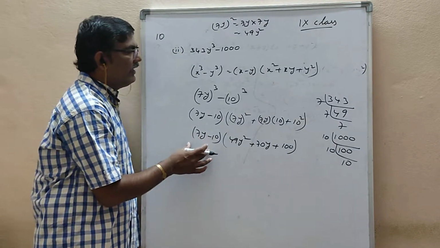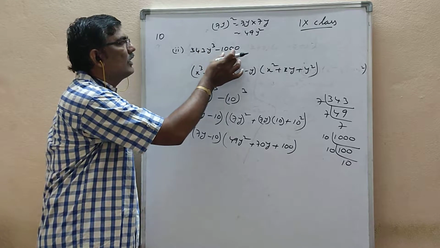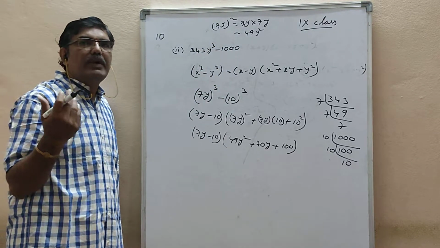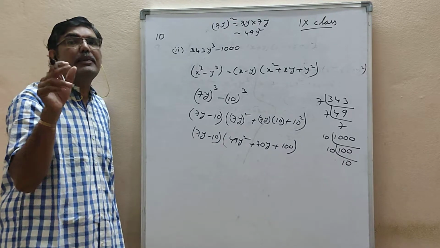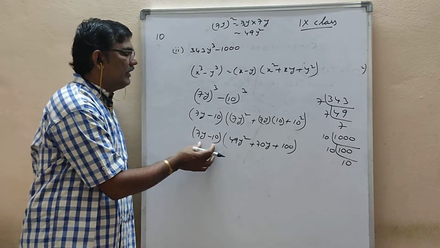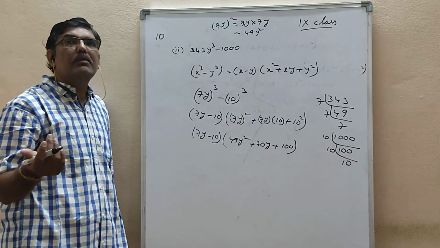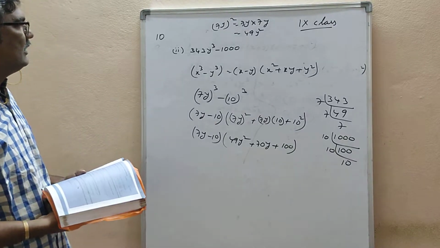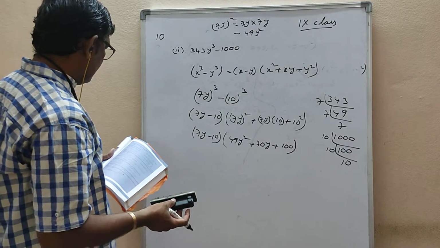So when you wrote, see in the question, two terms are there and they are separated by the symbol minus. Factorize means you have to separate the terms with multiplication. So it is one term, it is another term, in between multiplication is there. So it is called factorization. So we factorize by using the identity. So that is one question. Next we will go with the 11th question.